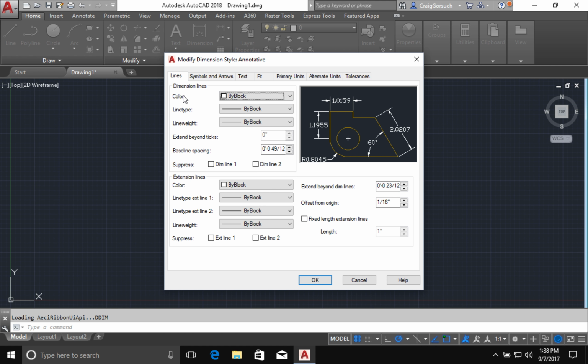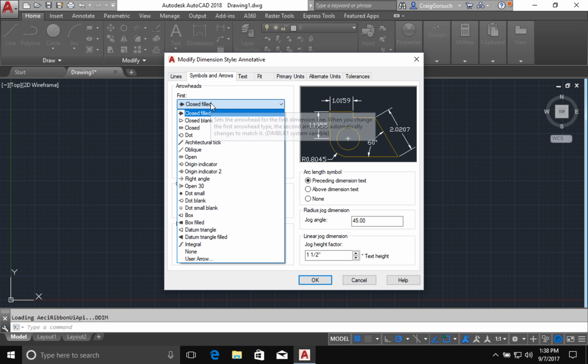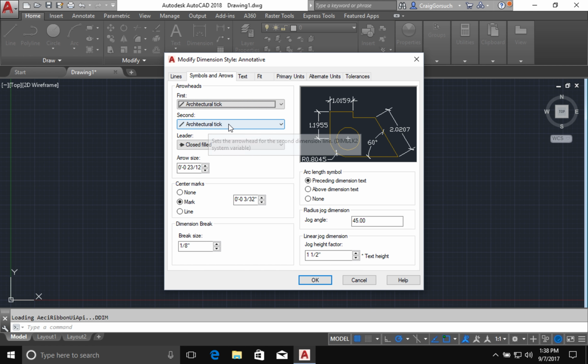Okay. Lines and symbols and all this. Most of this you're not going to have to worry about. I mean, we can go deep in the weeds, but we don't need to. I'm going to come back to this tab because I need to modify that variable there, but I can't until I change a setting here. So under symbols and arrows, under arrowheads, first, I'm going to come down here. I'm going to find architectural tick, and I'm going to select that. It selected my second one. That's totally fine. I will come down to my arrow size,